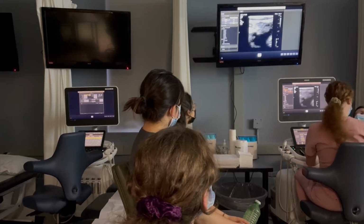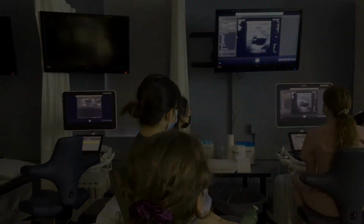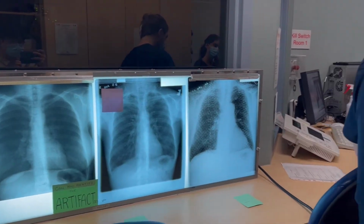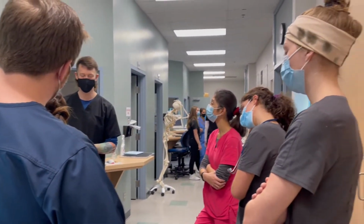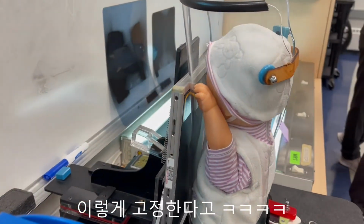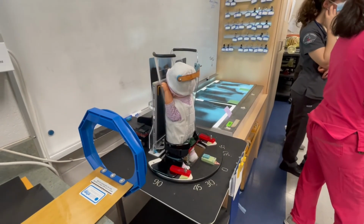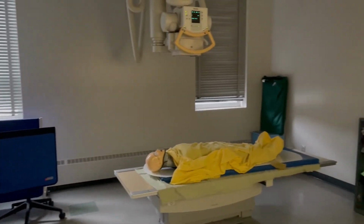Okay, like Amy was saying, what we do is play around with settings to take a look at different tissues, because tissue will all show up as a similar color of gray. The human eye can see about 30 shades of gray. We can also put in markers if we want to, to point things out. Yeah, if you're doing chest